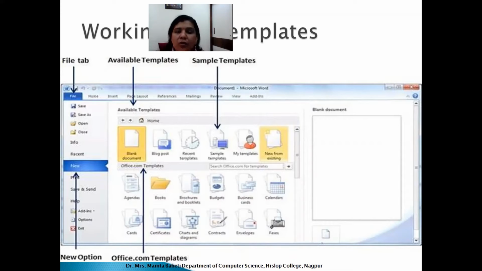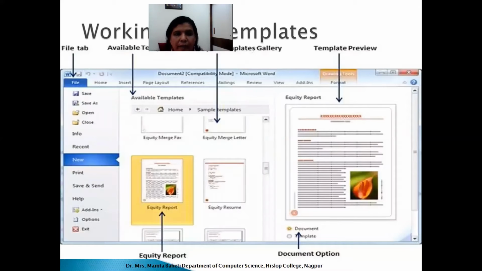So where will we locate it? From the Home button or the Office button, when you click on New, you will be able to see the blank document or the recently opened documents and some templates available from office.com. So when I click on New, see, these are the available templates.